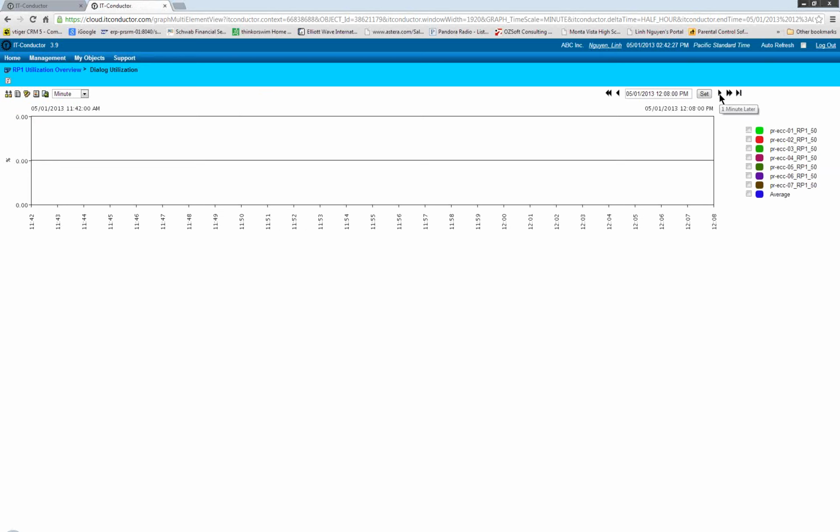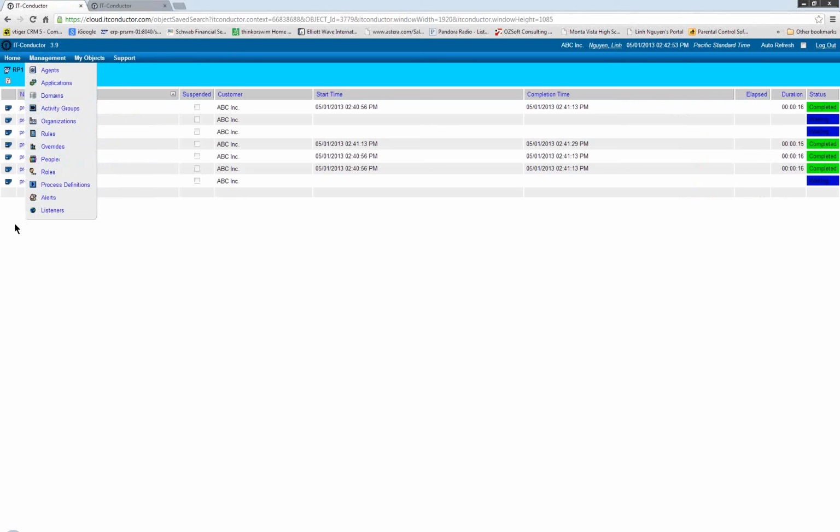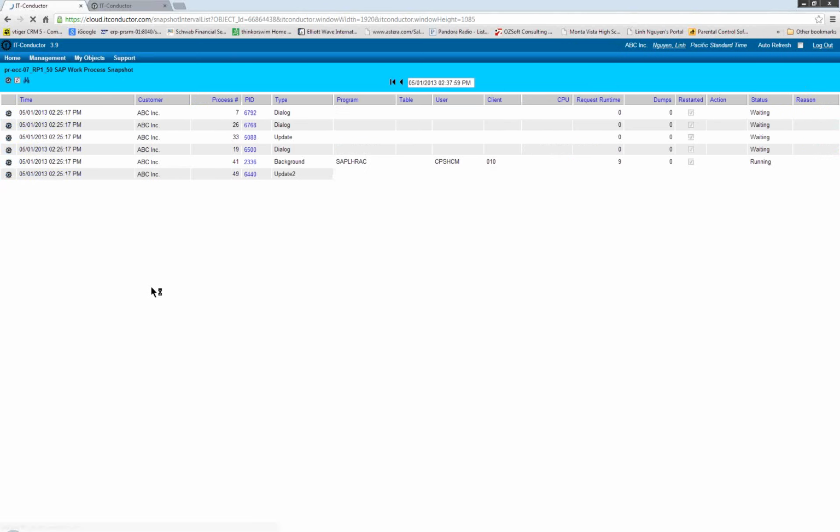So one of the features that we promote is to be able to go back in history and have time synchronized information that helps determine the root cause of the problem. So you can see here at 12:12 when we did the sample, this app server had 62% utilization of the dialog work process queue. So let's see, in our view of the application server, if you click on the application server icon, one of the features we turn on is work processes. So if you click on work processes,